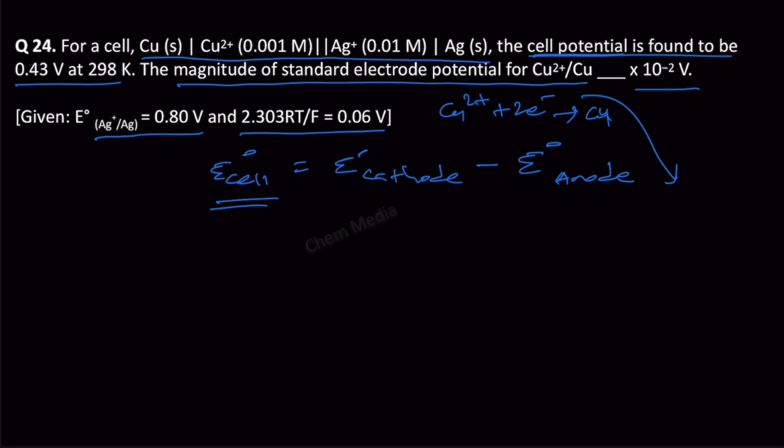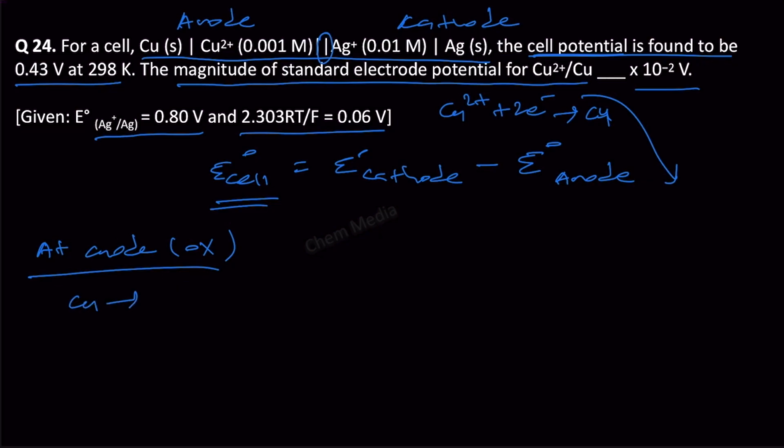Now, at the anode, what will happen? At the anode, oxidation happens. Whatever be the cell, it is always anodic oxidation and cathodic reduction. This is the salt bridge. Therefore, on the left hand side, we have the anode. On the right hand side, we have the cathode. So, this means at the anode, copper is losing 2 electrons and becoming copper 2 plus,